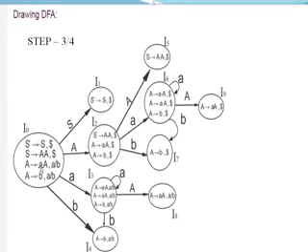Next grammar is A → aA, so A → a.A. Again, after the dot I am having a capital letter, so write all the productions with capital A. That's why I have written I3. Next, in I4, what is the thing? A → b. So I have written A → b dot.